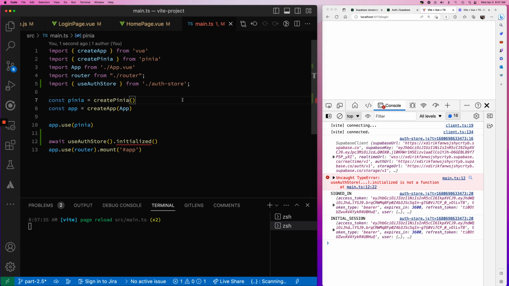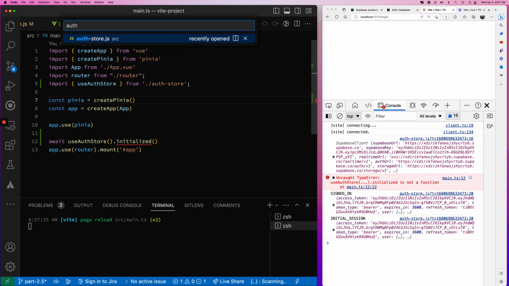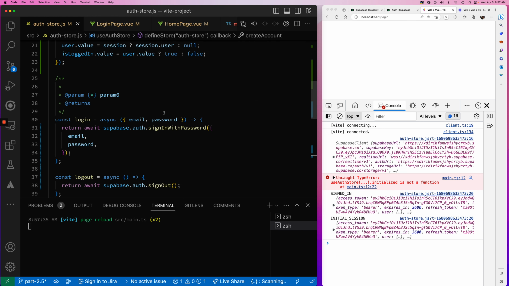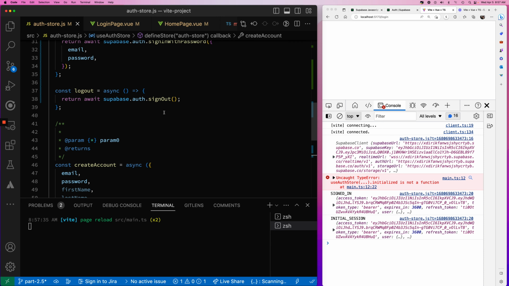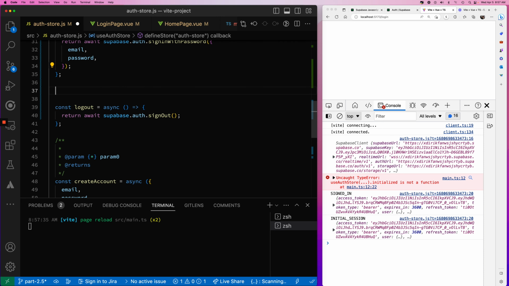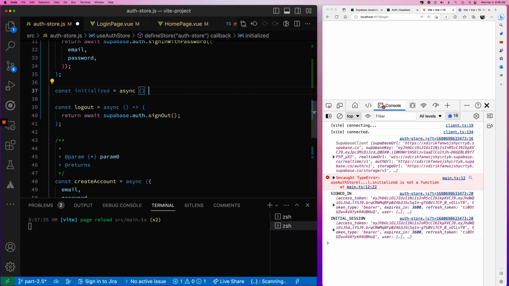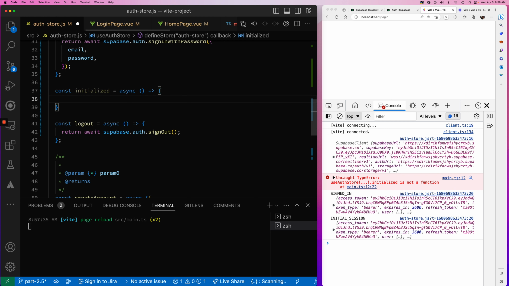So let's go to my AuthStore. And what we're going to do inside of my AuthStore is, where will I put my function? Let's go down here after login. It seems a good place for it. So we'll say const initialized equals async. We're not passing any parameters in. And all we want to do is just get a user, or see if there is a user. And I believe that there is this call,